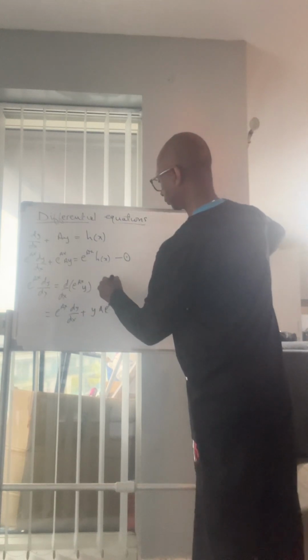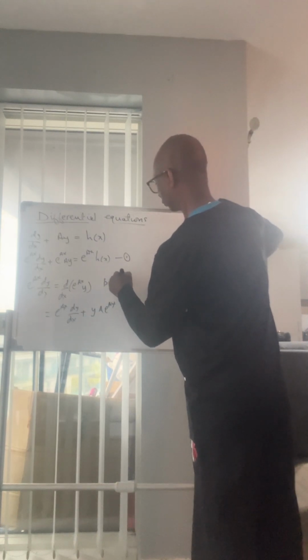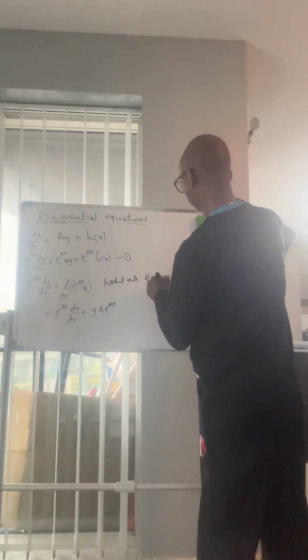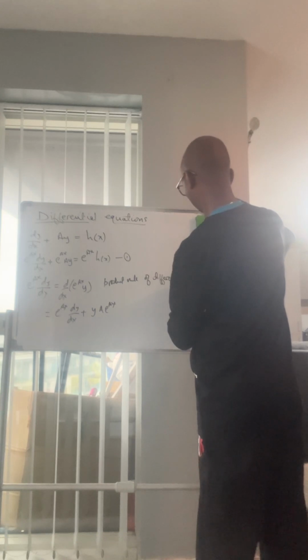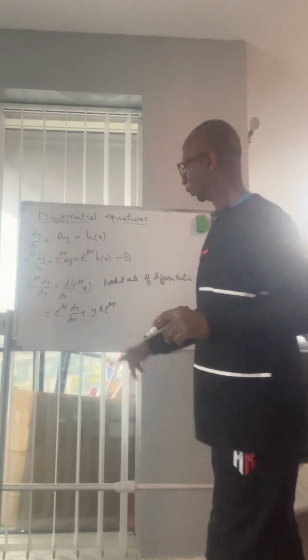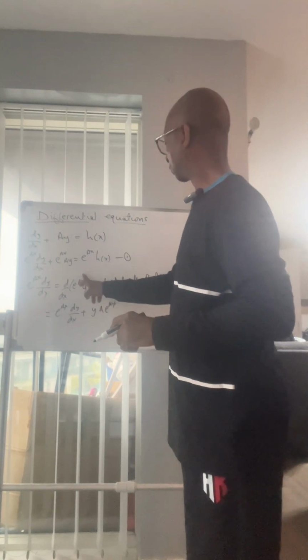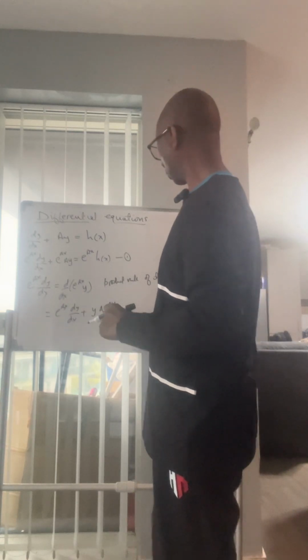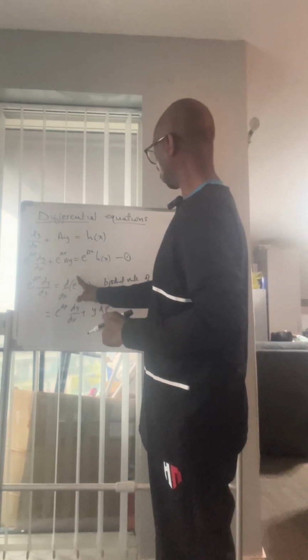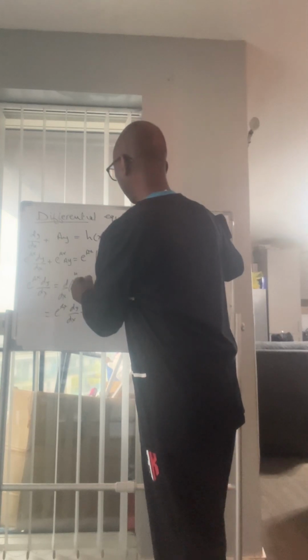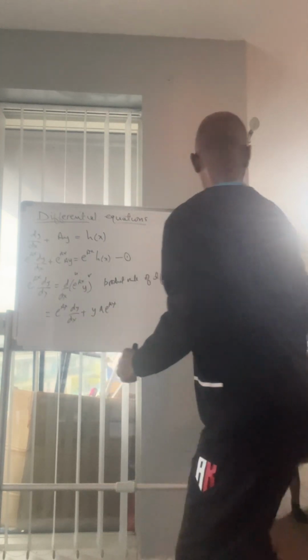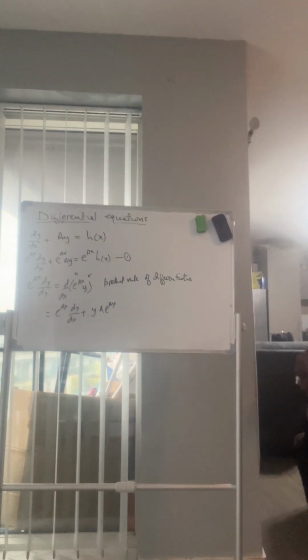Product rule of differentiation. Yeah, you have e raised to the ax times y. You want to differentiate it using the product rule. So if this is your u and this y is your v, so we have